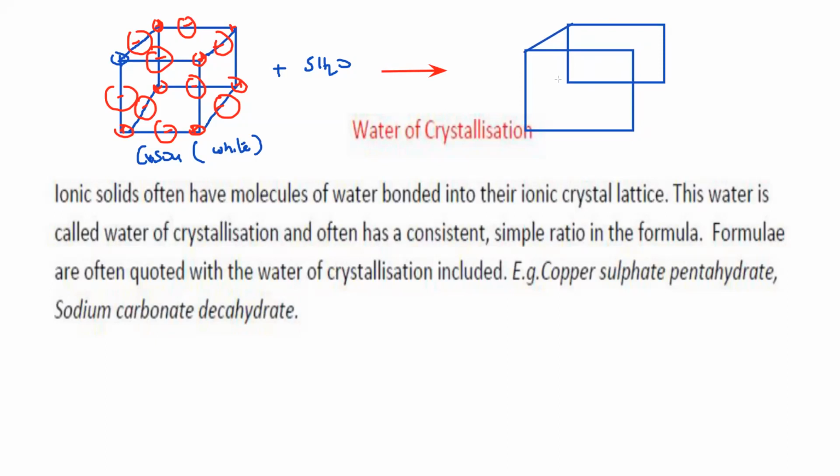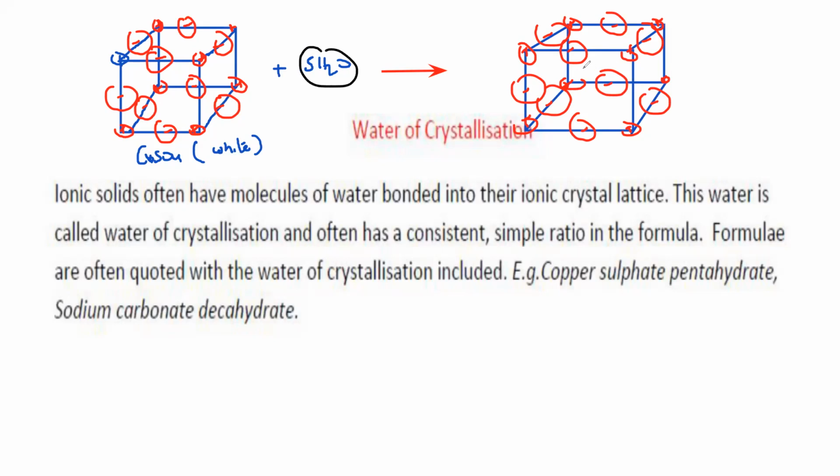It's not dissolving. Dissolving means we have a lot of water molecules, and the ions separate from each other, so the substance dissolves. But here it's not dissolving, the ions remain intact, the ions do not change, or the number of the ions does not change. The only thing that happens is these 5 water molecules are trapped, or they're stored within the lattice. So these water molecules which are trapped or stored within the lattice, we call them water